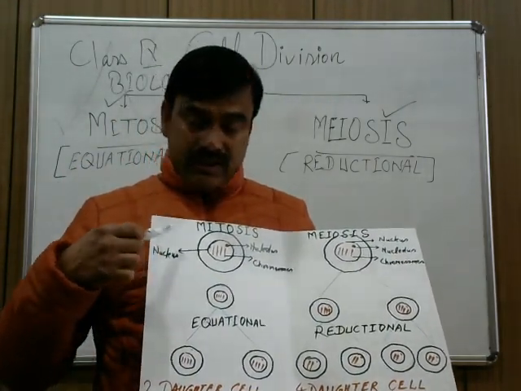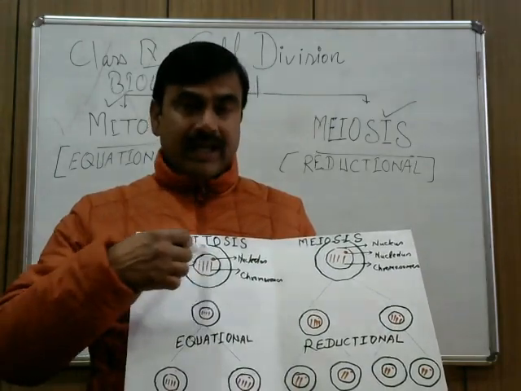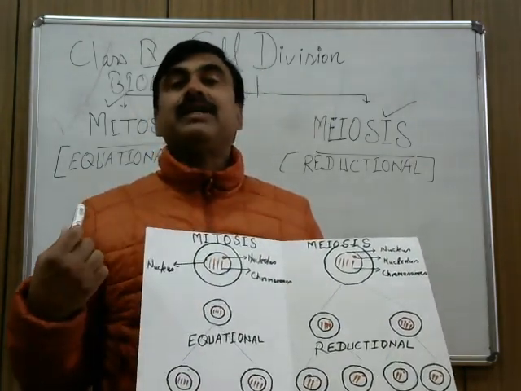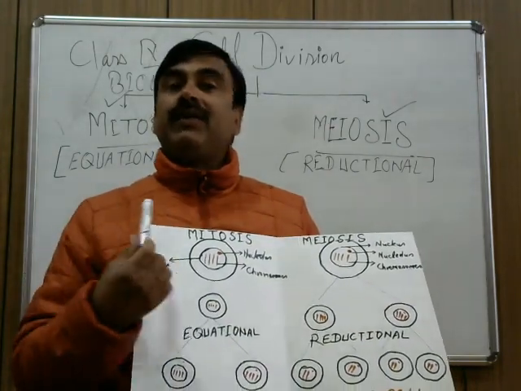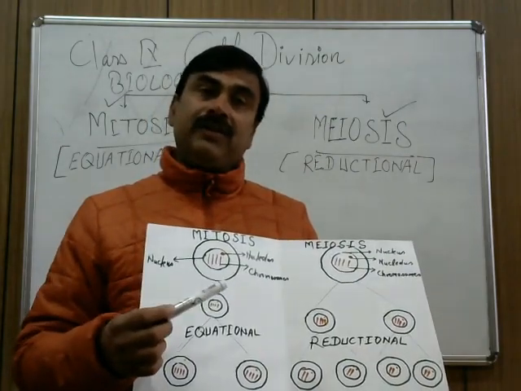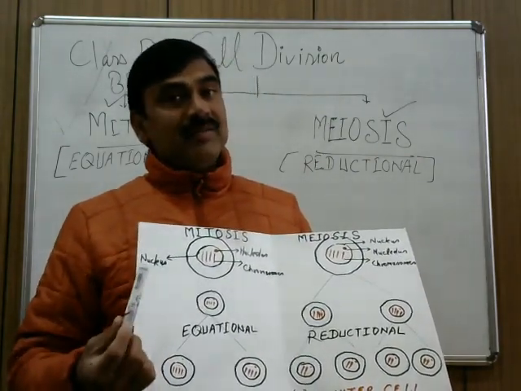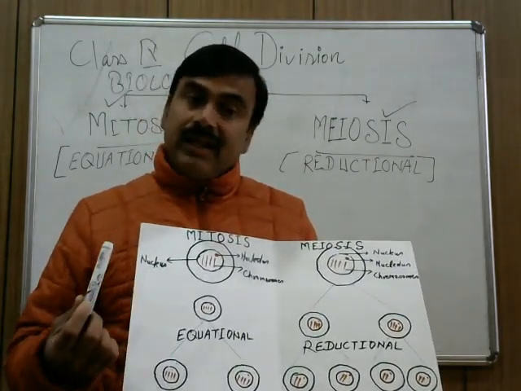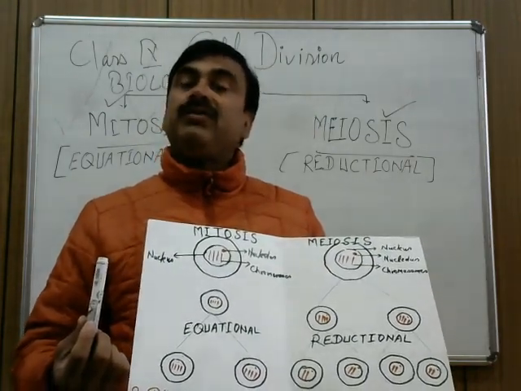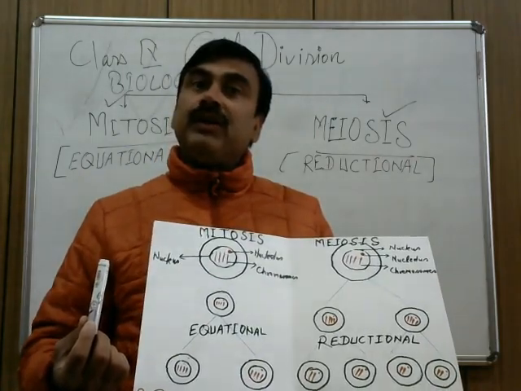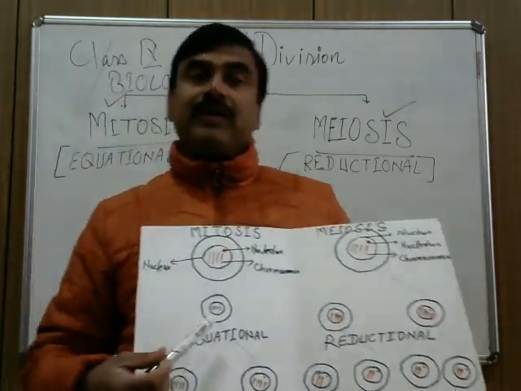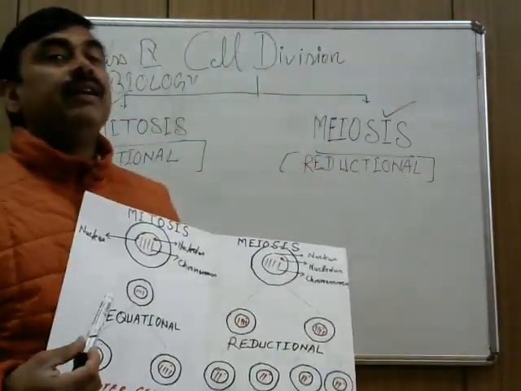Try to identify the structures on the basis of their shape and size. Like mitochondria, Golgi body, ribosome, endoplasmic reticulum, every cell organelle has its own identity. You should not confuse them. Many of you may be in doubt about the difference between mitochondria, the difference between